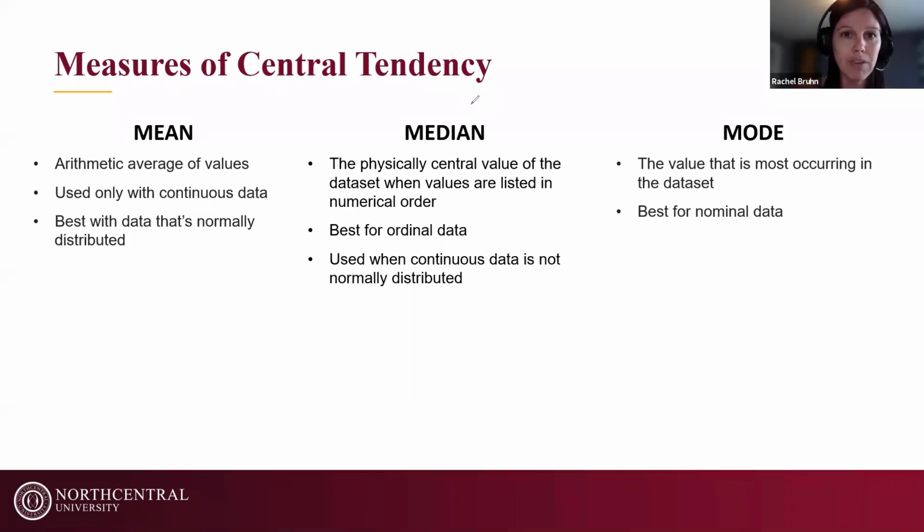But if we have data that has a hill on one side or the other instead of in the middle, then we wouldn't want to use the mean because the mean is going to be somewhere over here, not very representative of that data. So if we're going for that central tendency, we want it to be most representative. And in these cases, the mean just is not very representative.